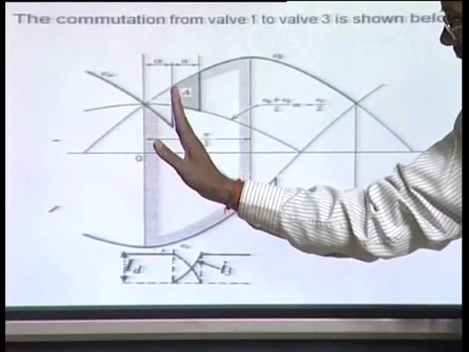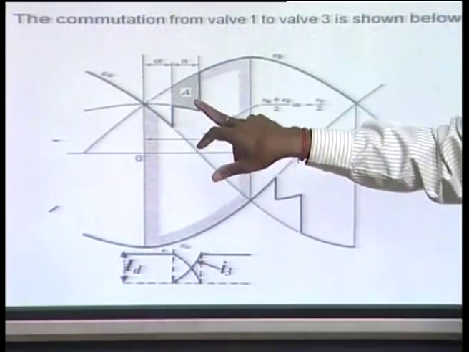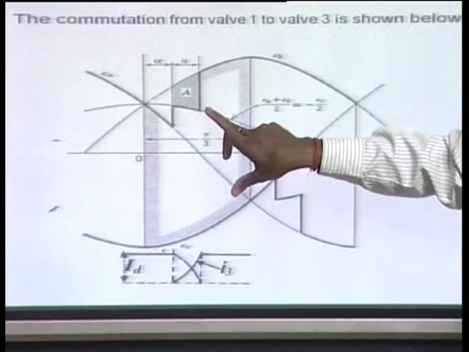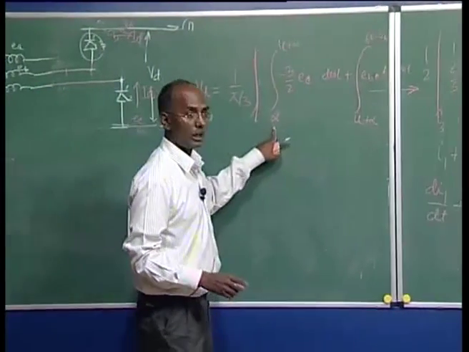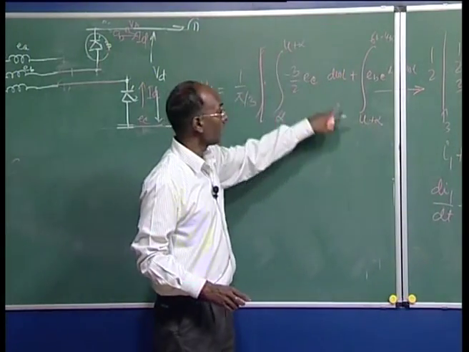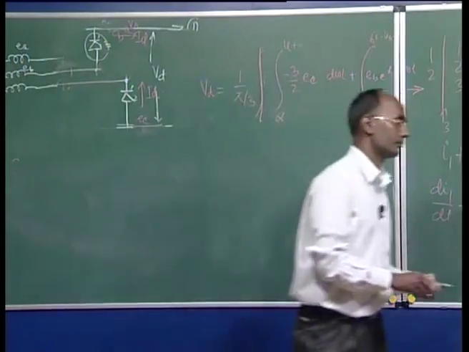But if you are starting here, you can ask why I am taking three components. It is because the voltages here are different during this period. So here I change from 0 to alpha plus u, and then from alpha plus u it is again 60 minus u, that is what we are getting.